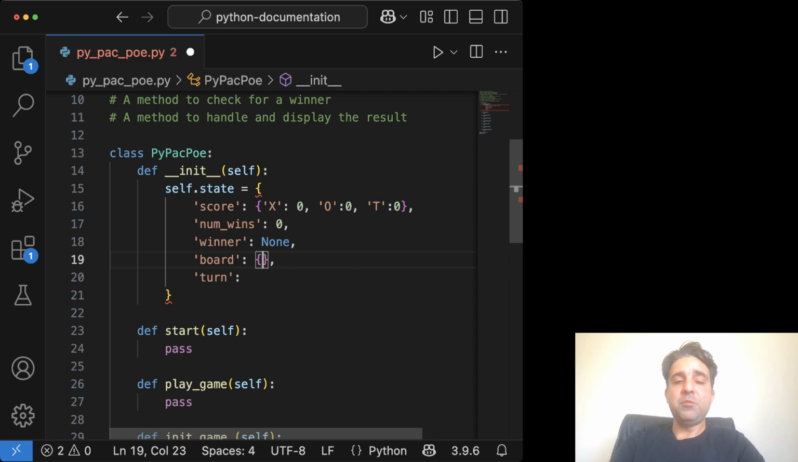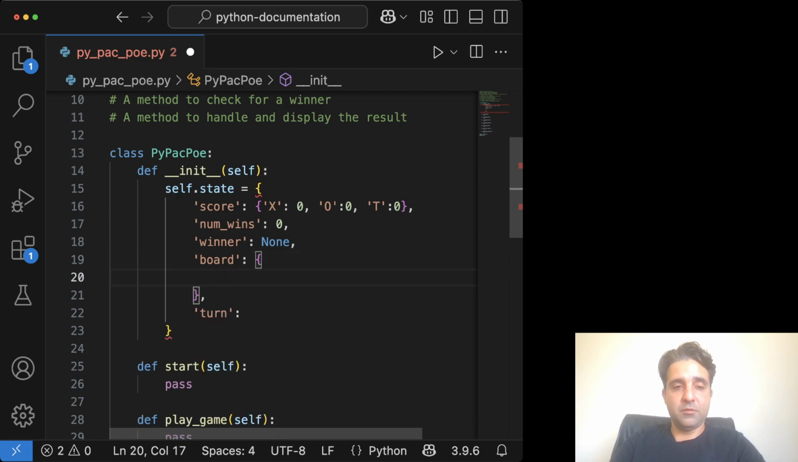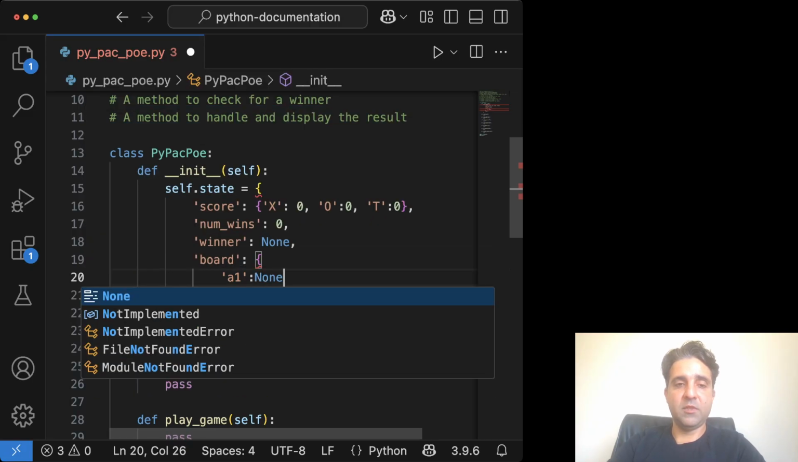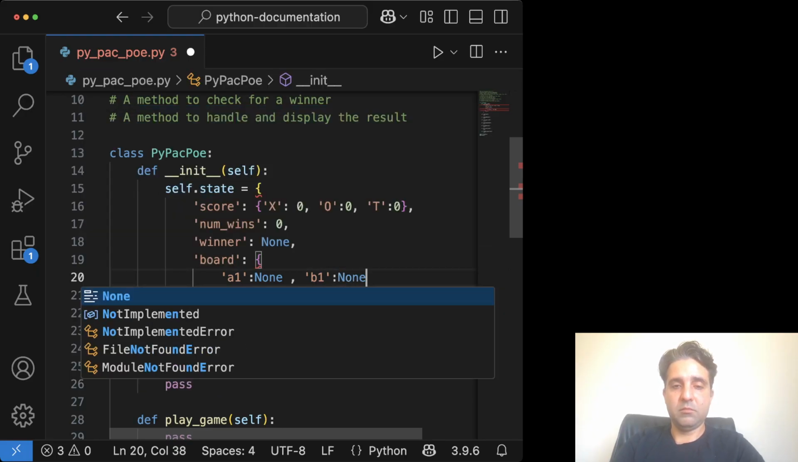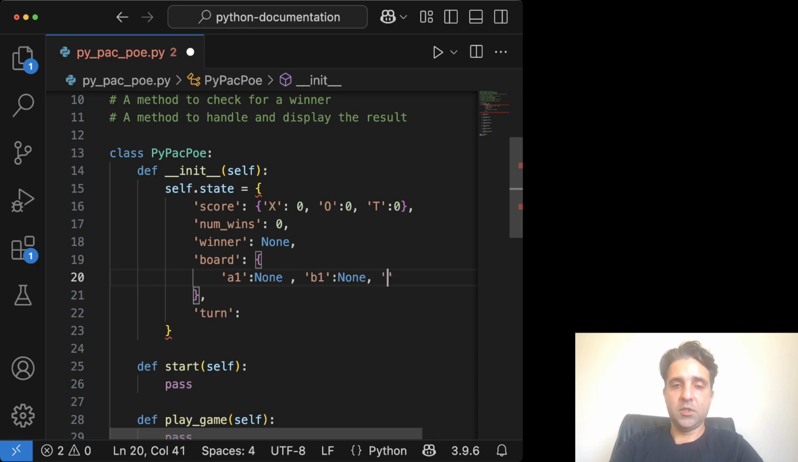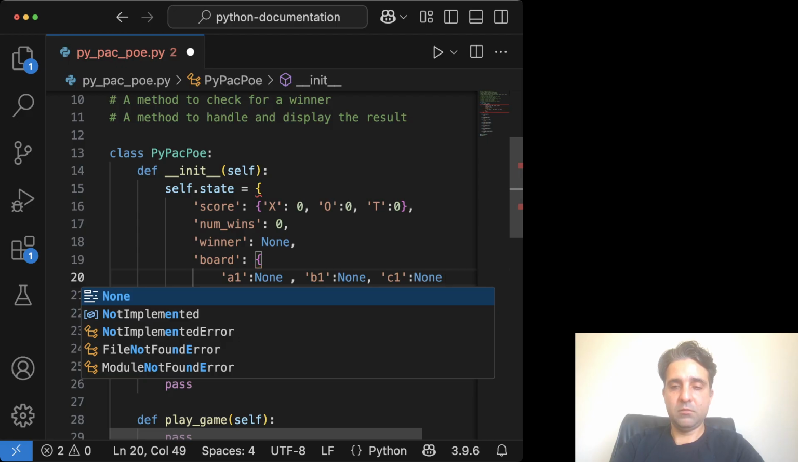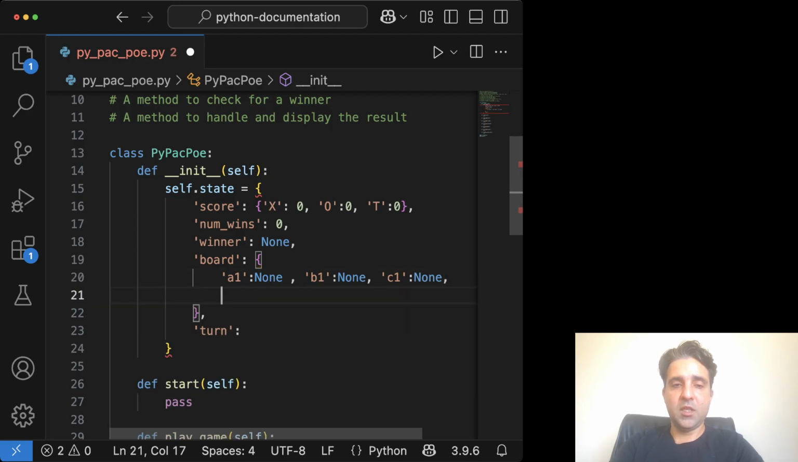We have a 3 by 3 grid. So here we need another dictionary with the keys A1, the value is none, and then B1, none, then C1, none, and then we have